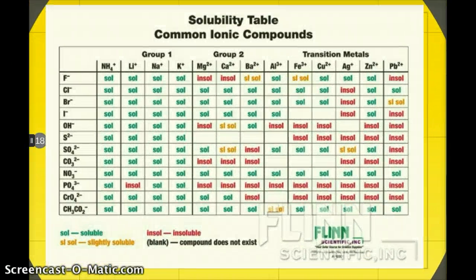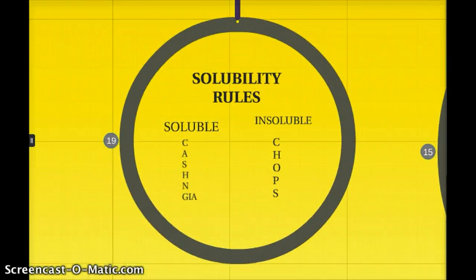This is a chart to show common soluble ionic compounds and some insoluble ionic compounds. Also, in case you forgot the solubility rules, they are Cash and Gia, which are the soluble ones, and CHOPS, which is insoluble. Cash and Gia is chlorides, acetates, sulfates, halogens, nitrates, and group 1, and ammonium. CHOPS stands for carbonates, hydroxides, oxides, phosphates, and sulfides. Also, there are some exceptions to